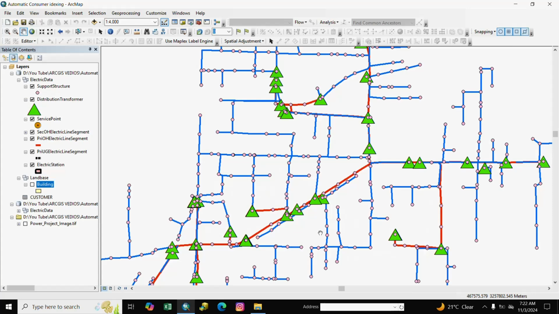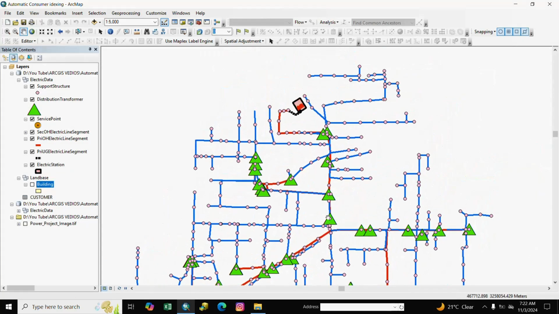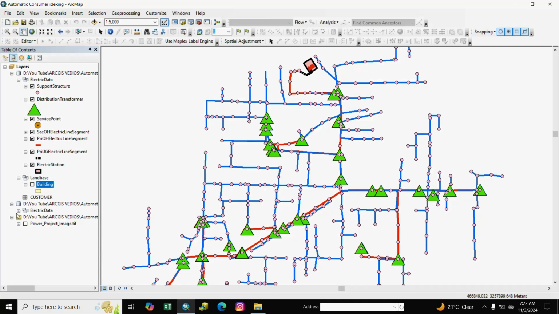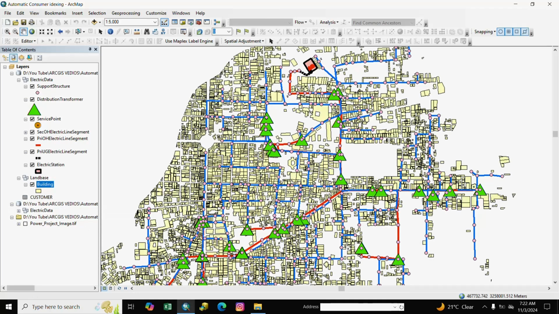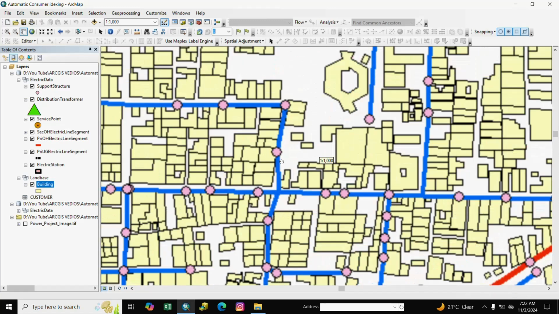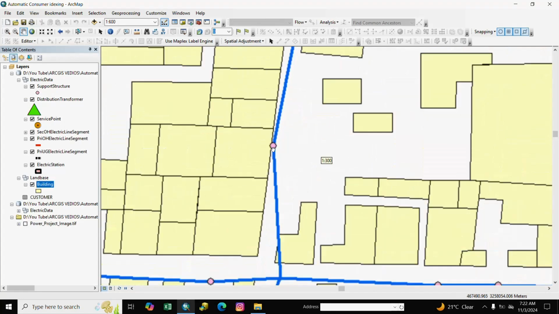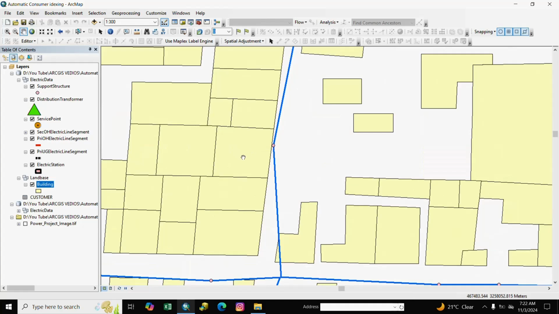Consumer indexing automatically. Here is the network. It is the network of one feeder, and here is the building footprint. We connect the connection pole to building.